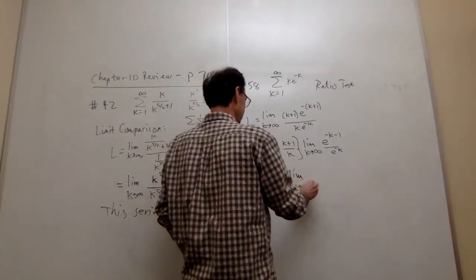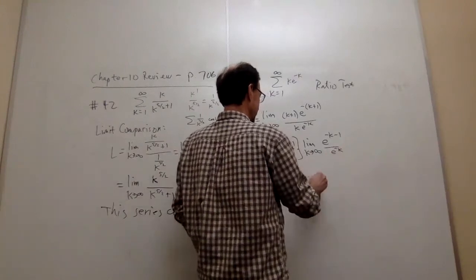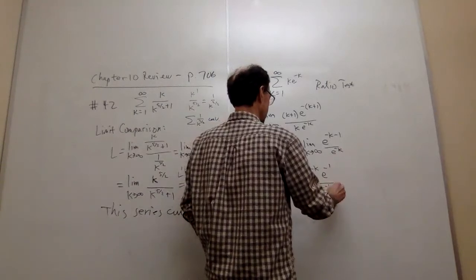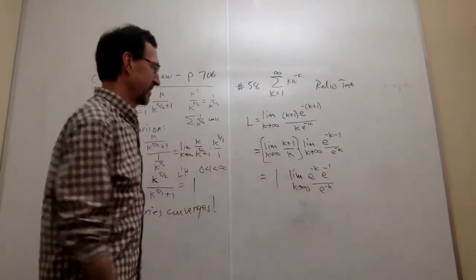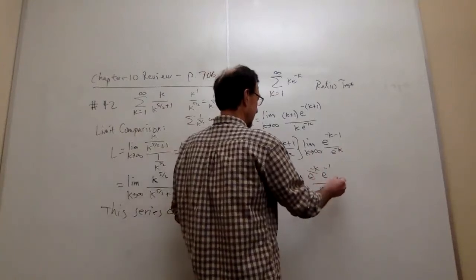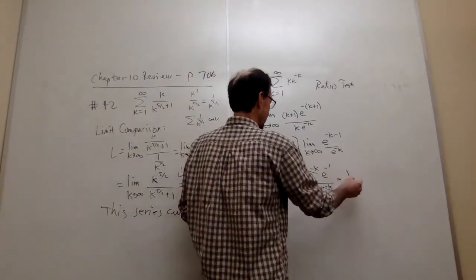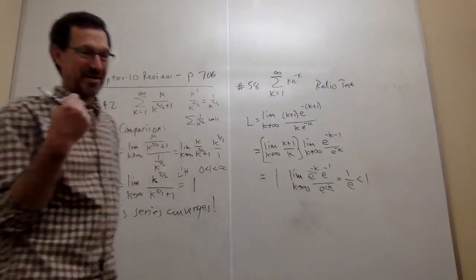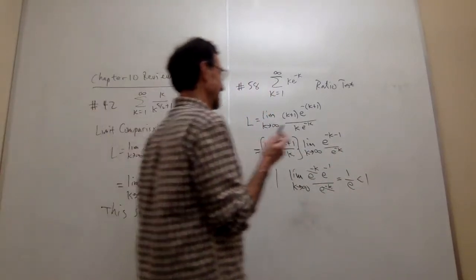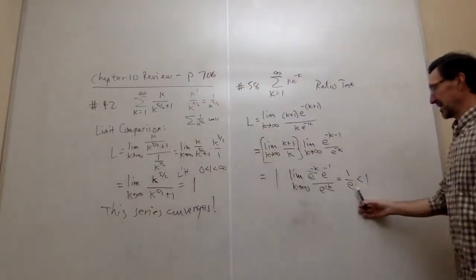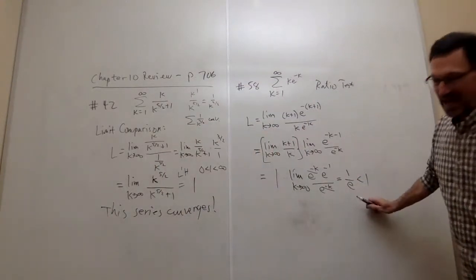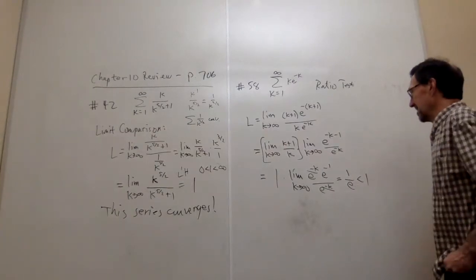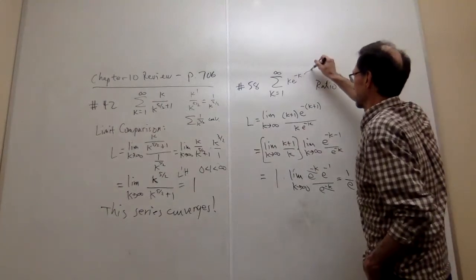The second one, the limit as k goes to infinity. Let's use the properties of exponents to break this into the product. Right? And then notice the exponentials cancel, and we get e to the minus 1, which is 1 over e. And that number is less than 1, which is important for the ratio test. So we calculate the limit, we get a number that's less than 1. The actual number is meaningless. The only thing that matters is which side of 1 does it land on, and this lands on the low side. Therefore, this series converges.